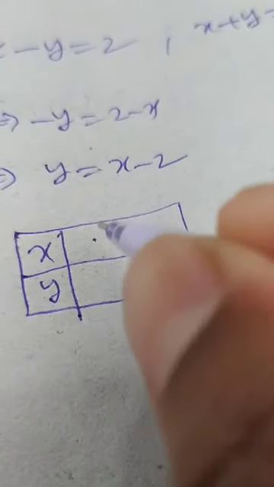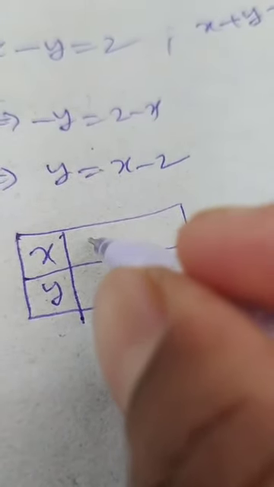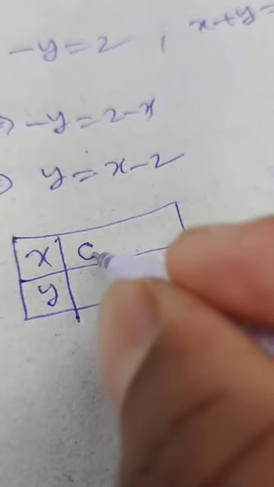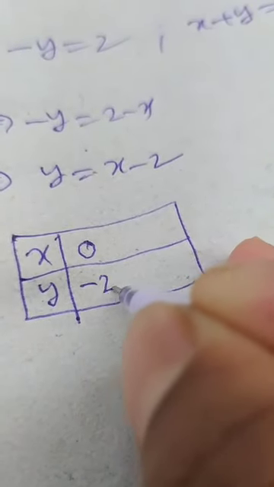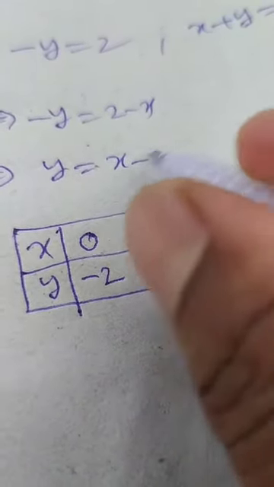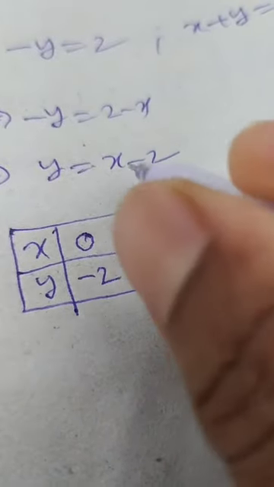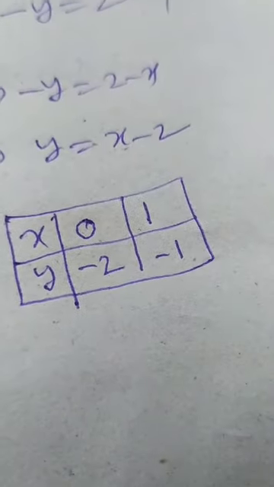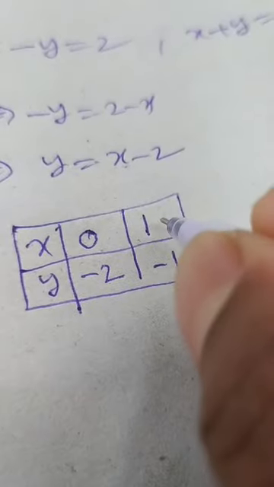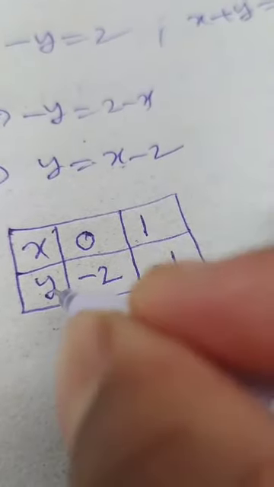Suppose we choose any two independent values, two are enough. Suppose I am taking 0, then what is the y value? Minus 2. If you put 0, you will get y as minus 2. Suppose I am keeping 1, you will get minus 1. Two independent values are enough. By using two values you will get y. Now here, from this equation